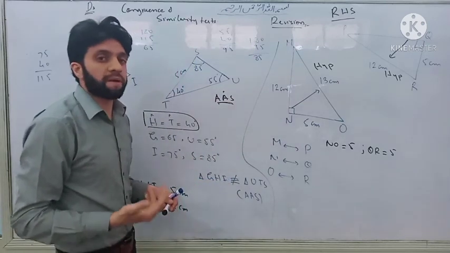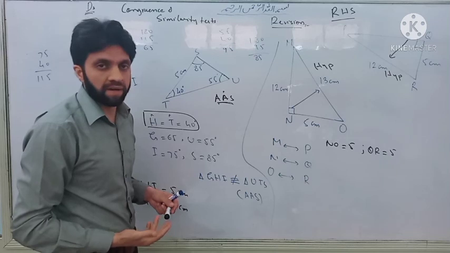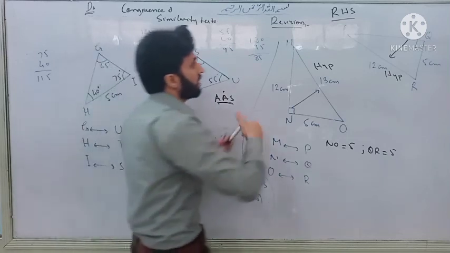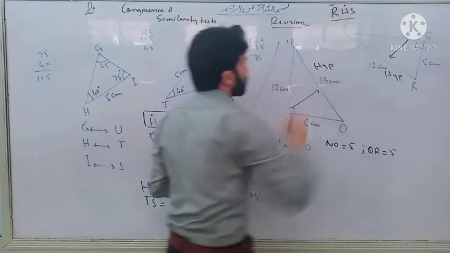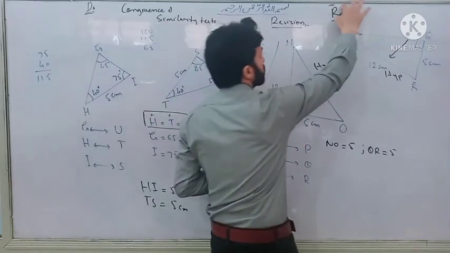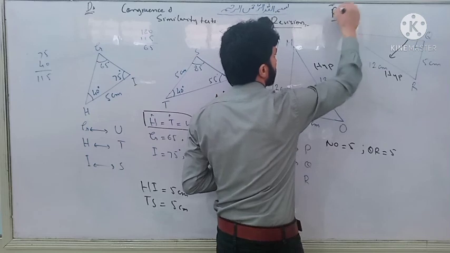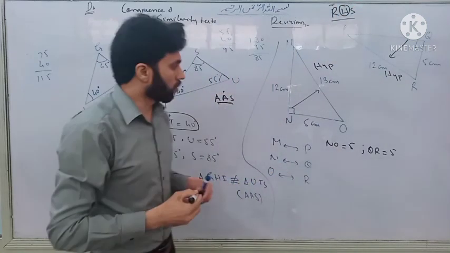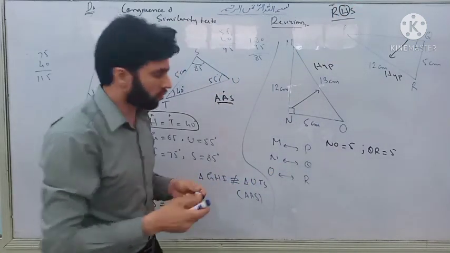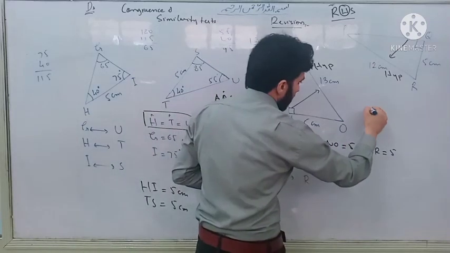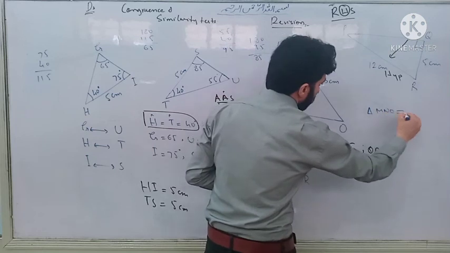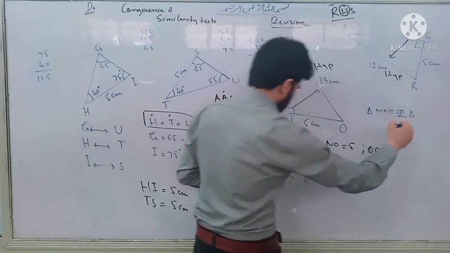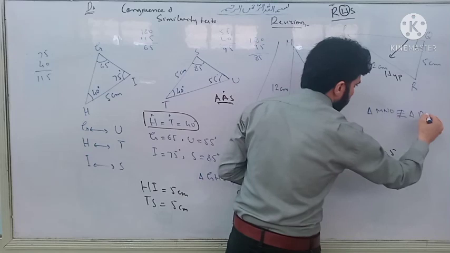So this pair of triangles is not congruent because we are not fulfilling one thing, the hypotenuse. Hypotenuse is not the same, right? You can write down that triangle MNO is not congruent to triangle PQR by